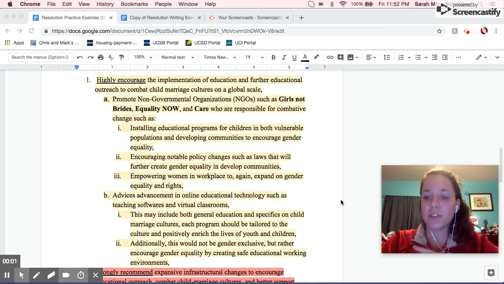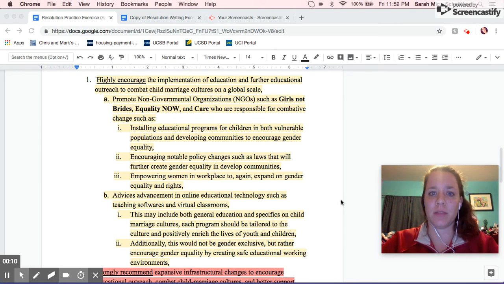All right, so operative clauses are the trickiest of the paper because this is where the large amount of your detailing and focus should be going. A strong operative clause means that you are really pushing the committee forwards, and you're actually talking about solutions and you've actually come to